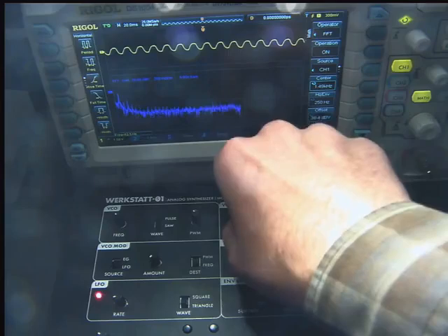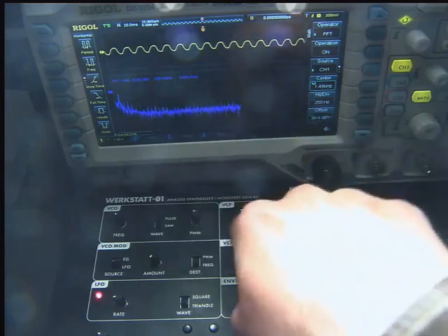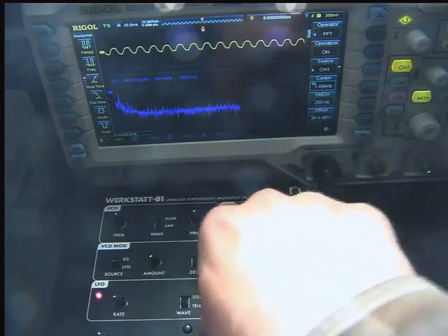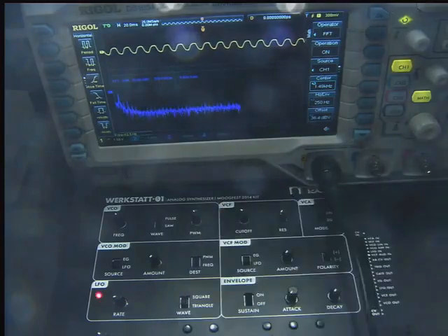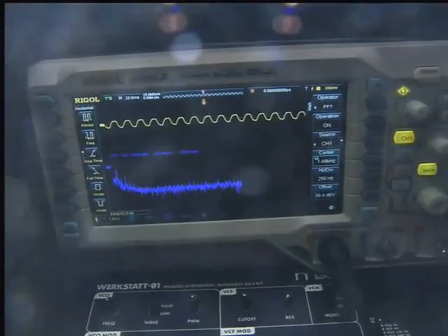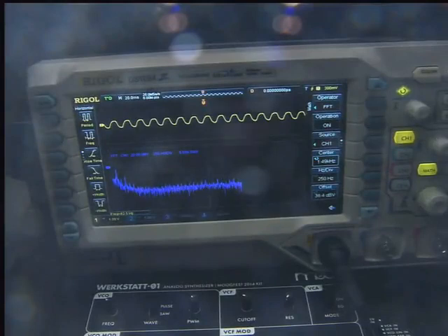Here. So now, I don't have the filter turned all the way, actually, just part of the way. And you can see that we've removed just about all of the harmonics from this pulse wave, except for the first couple of ones. And we have something that looks pretty similar to a sine wave. This machine actually can't produce a sine wave on its own. It just doesn't have the right kind of oscillator for it. But it can do a pretty good approximation to it.